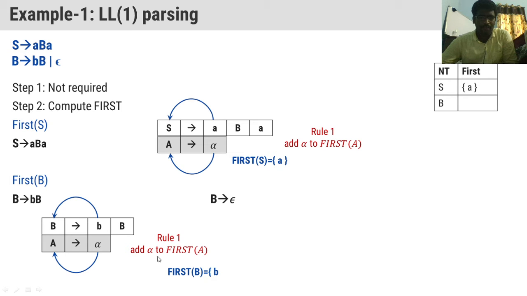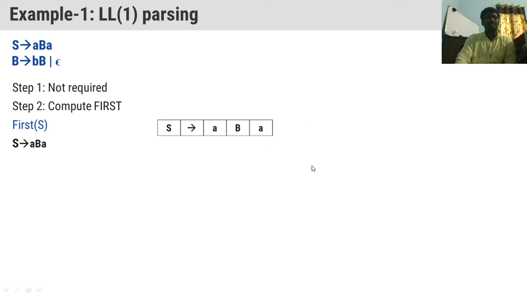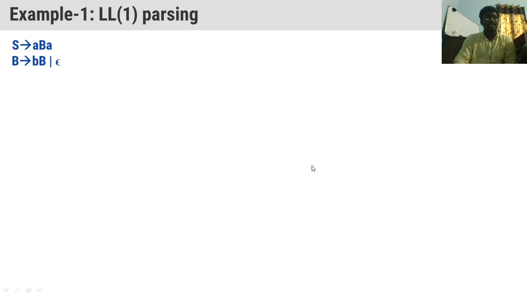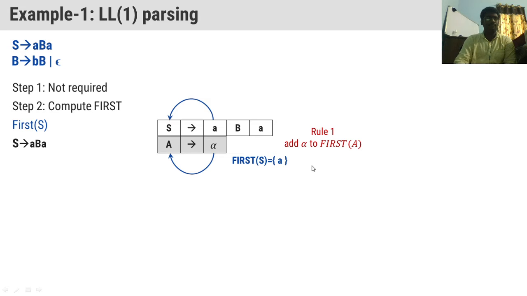small b. See, if you are unable to remember all these rules, please leave them. Try to remember whatever the things I am telling you. First set means I am talking about the first symbols of the production. If S is deriving small a, capital B, small a, only one production is available to S here. That's why the starting symbol of S is small a. Then first of S equal to small a. That's it. Over. If S is having any another production, we will also take the starting symbol in that production. We will include that symbol to the first set of S.